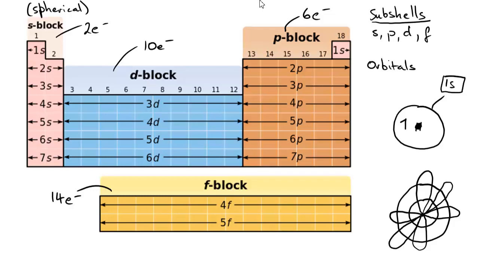And these are basically geometrical organizations that basically hold electrons. Now orbitals are categories within a subshell, and